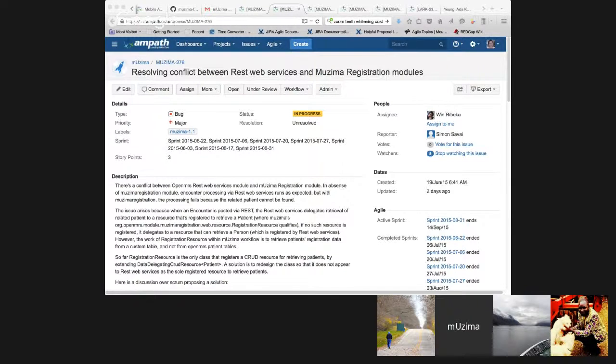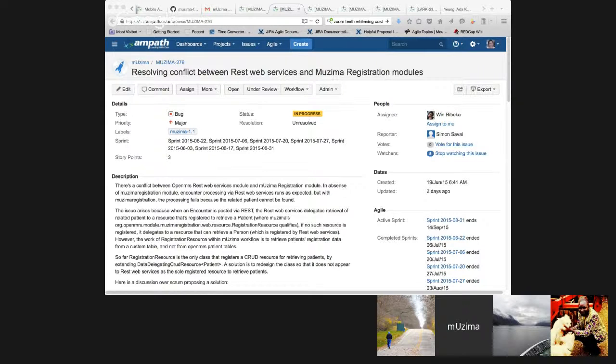And then our module, because we're extending the functionality, introduces a new URL, v1/mUzima/encounter, because we don't want to override the original v1/encounter. And the handler for the URL v1/mUzima/encounter is the encounter resource that's coming from our module. But what happened is when